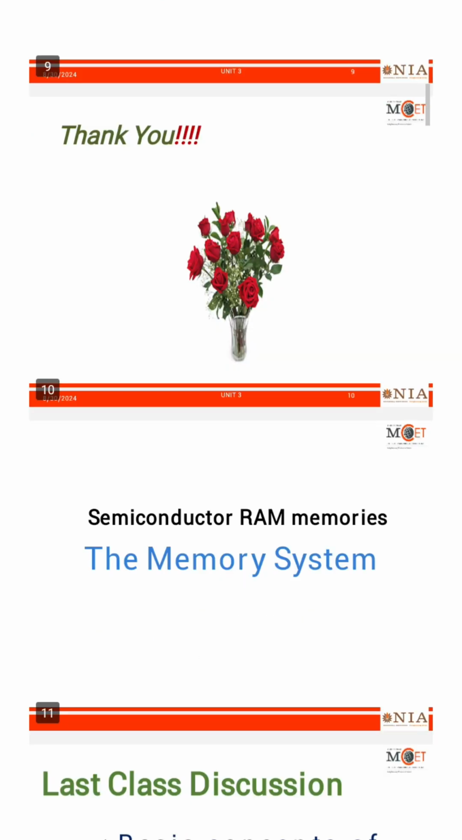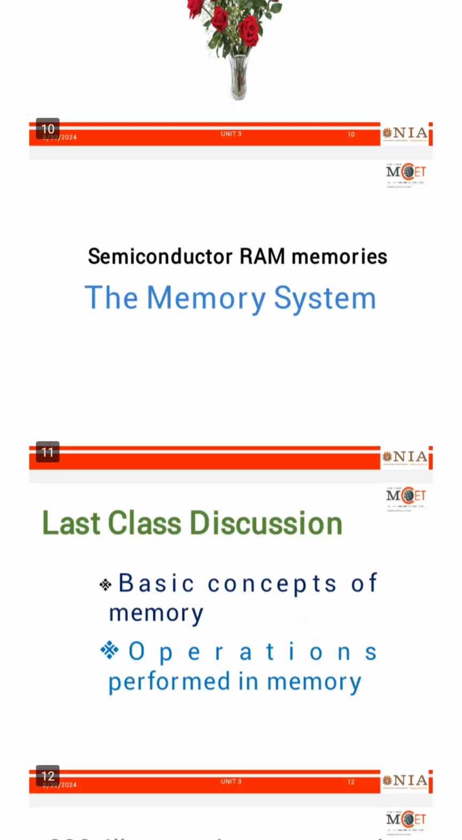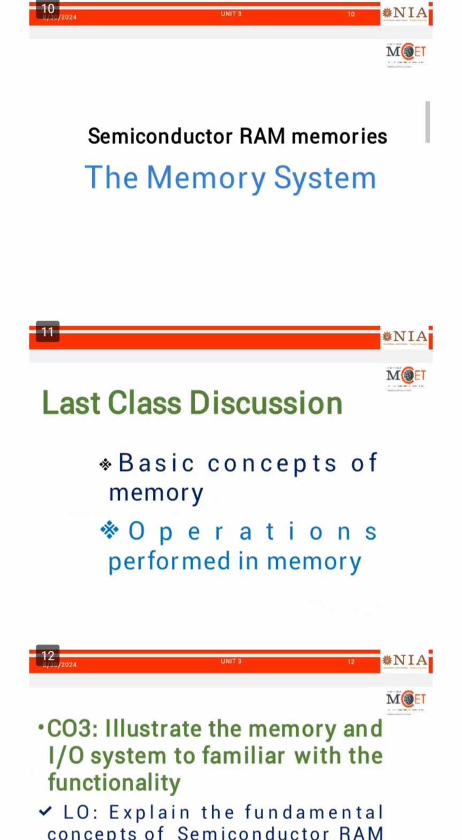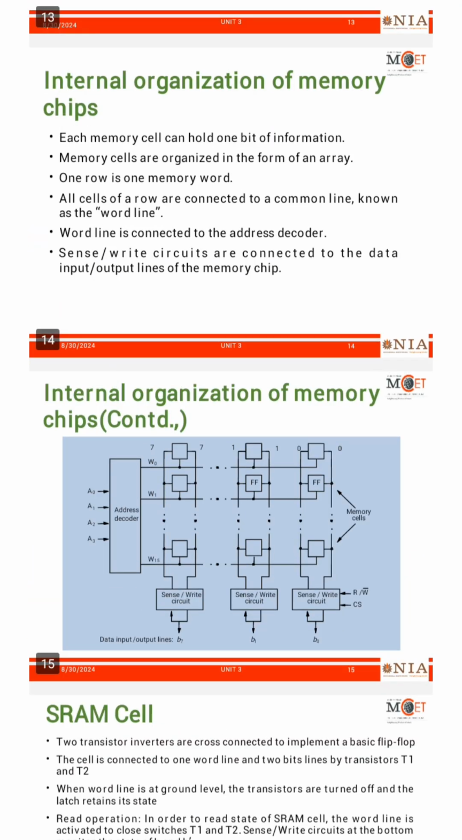Next we go for the semiconductor RAM memory. In the semiconductor RAM memory, we can first explain the basic internal organization of the memory chip. A memory cell can hold one bit of information at a time, and it can be accessed through the